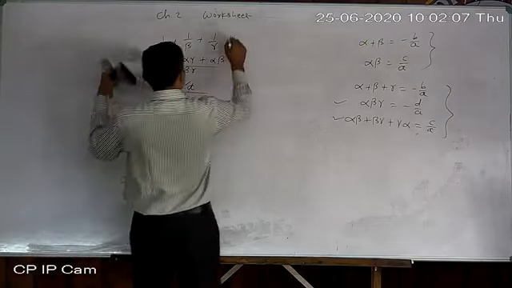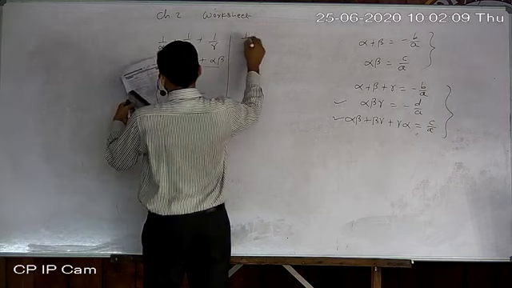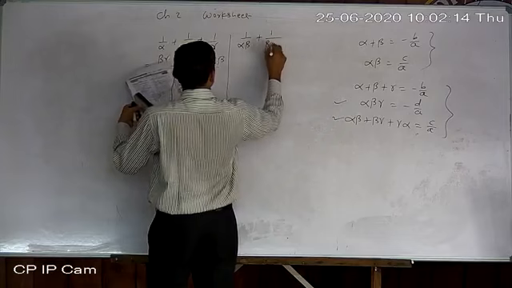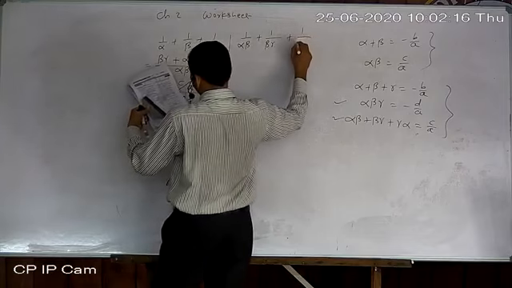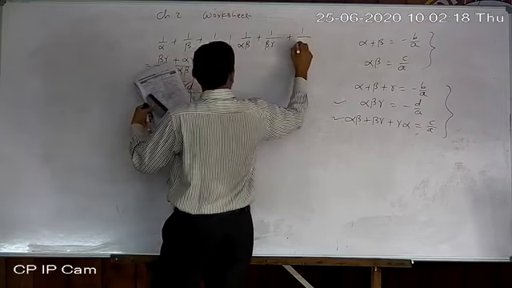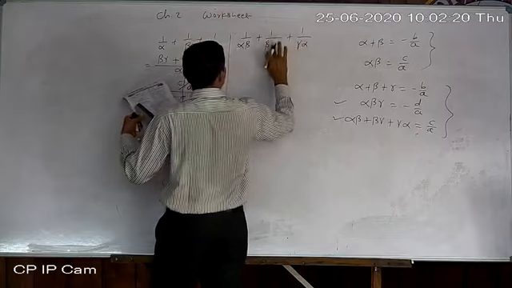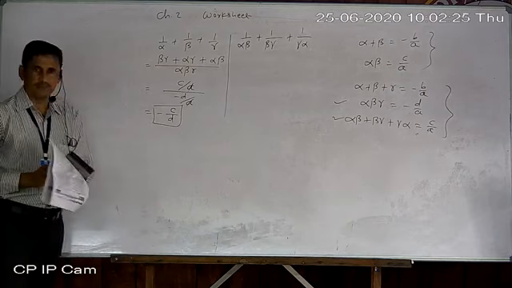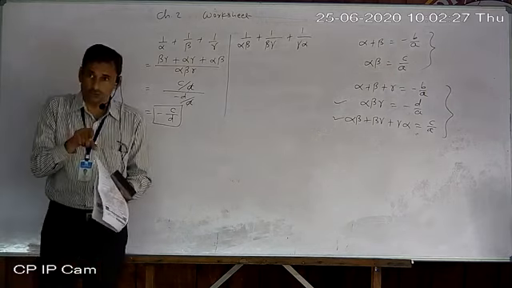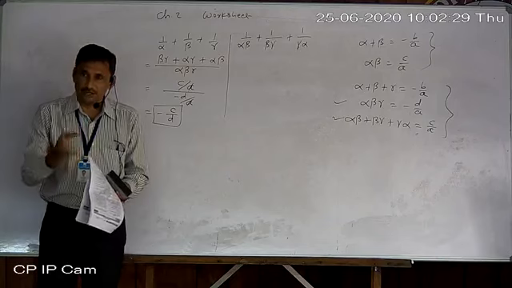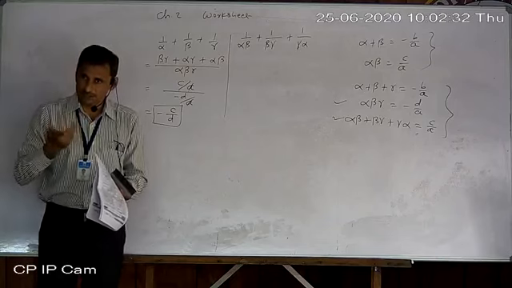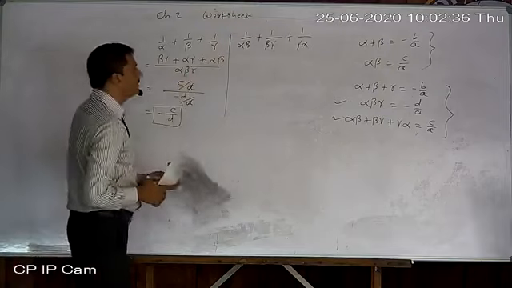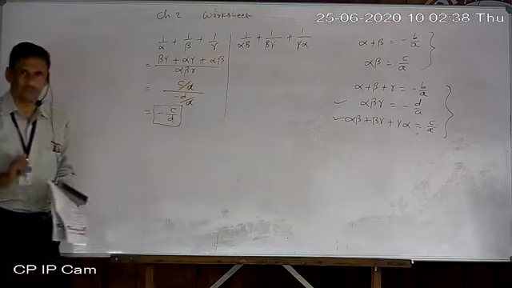In number 10, something somewhat different is given. 1 upon alpha beta plus 1 upon beta gamma plus 1 upon gamma alpha. Okay. This R-like symbol is gamma. You may be aware that the same symbols are used in science also: radioactivity, alpha particle, beta particle and gamma electromagnetic waves. So just like that, alpha, beta and gamma, three symbols are used here.